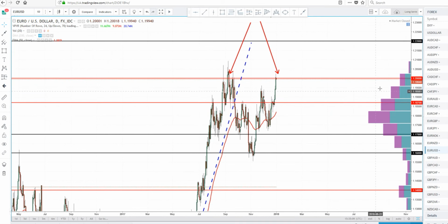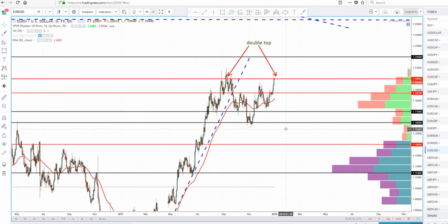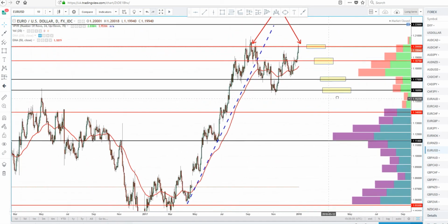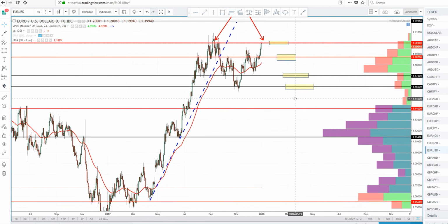So just to give you an example here, as you can see, we've got 1.17 with multiple tests there, 1.16 with another test there, and 1.187 has a test there. So I'll be looking for sell positions around here. Around here, I'll be adding into the position as I go along. Around here, around here. I'll then be looking to take some positions off at this level here at 1.14 just to